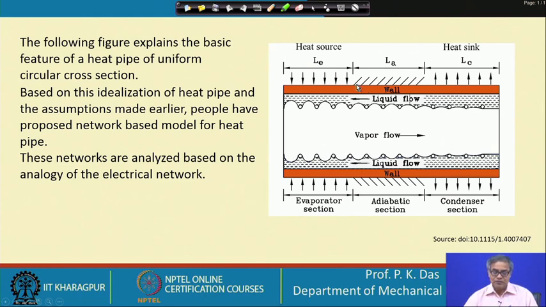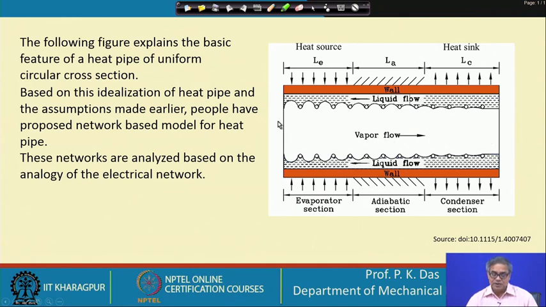And then from the outside, if we see, there are 3 very important sections, that is the evaporator section where heat is coming inside the heat pipe. Then there is an adiabatic section, in which there is almost no heat transfer from the heat pipe to the surrounding, and then there is a condenser section where heat is rejected by the heat pipe. So, inside again, we will see the vapor will be generated in the evaporator zone, and it will move in the direction towards the condenser, through the central region.